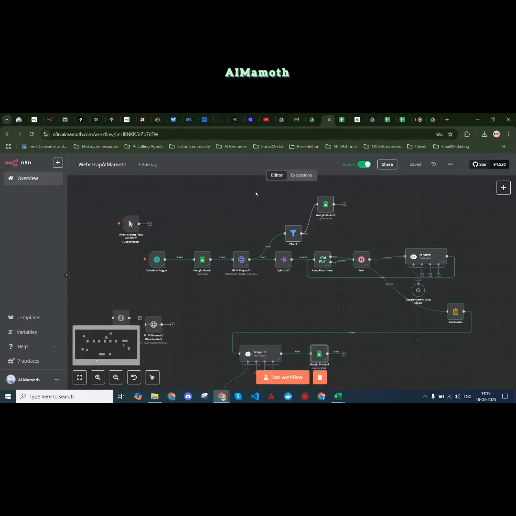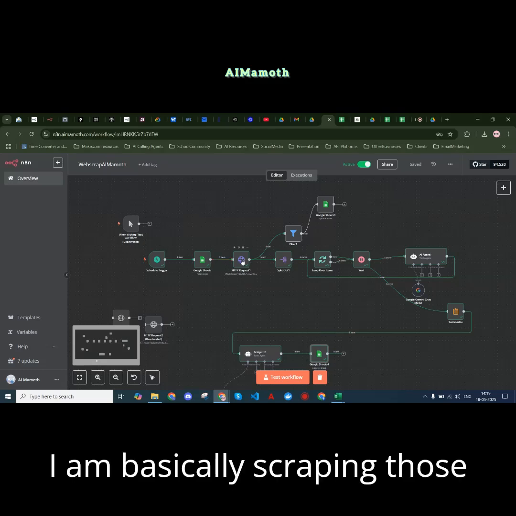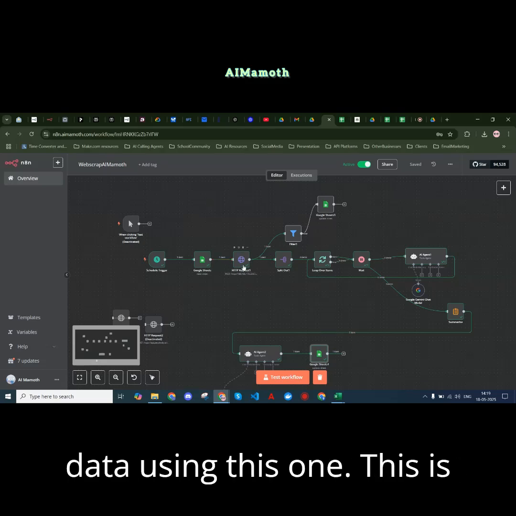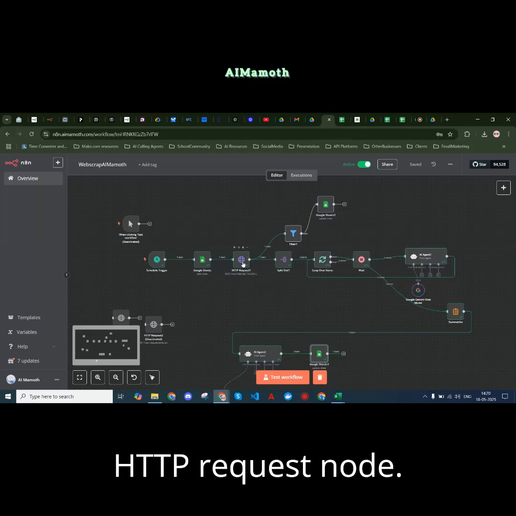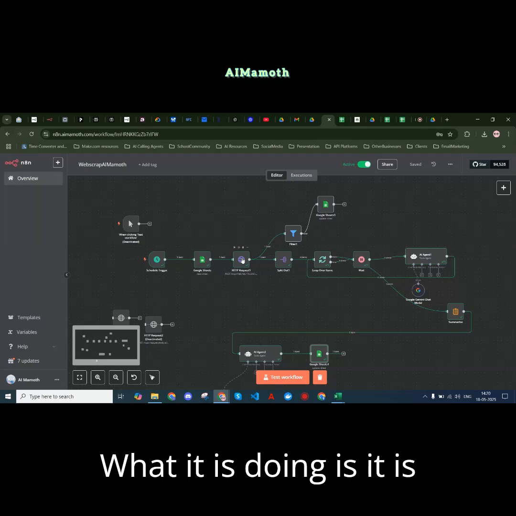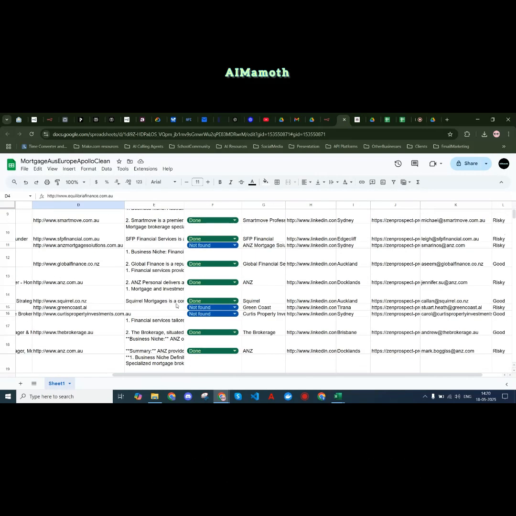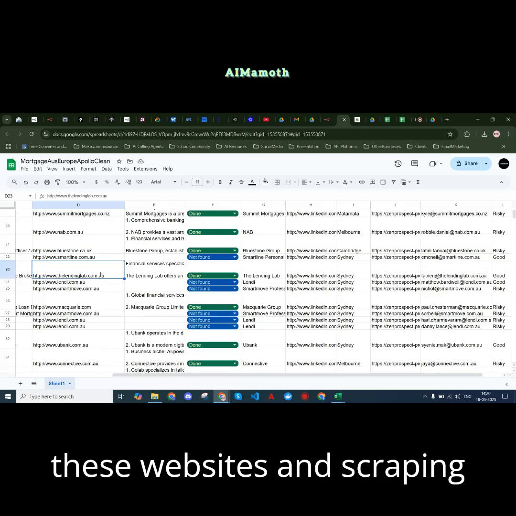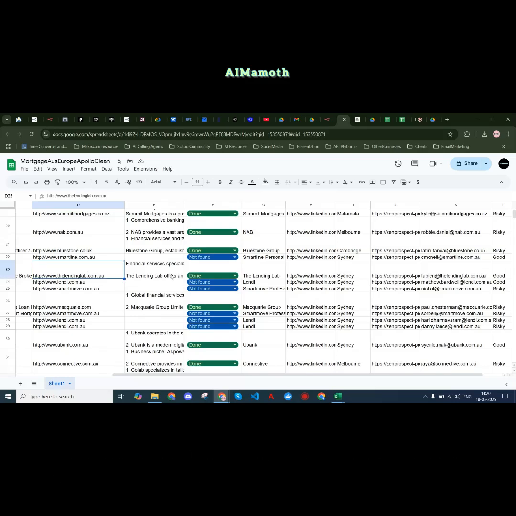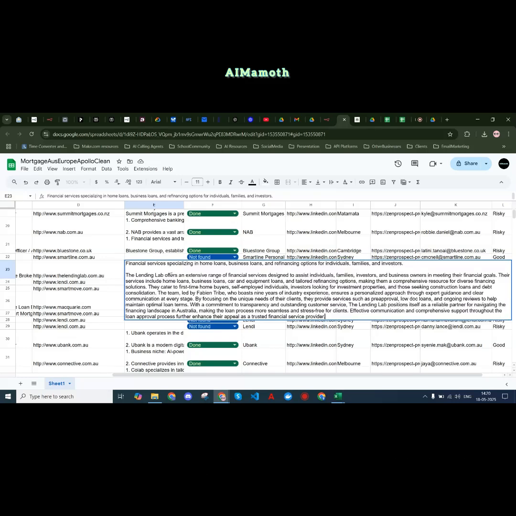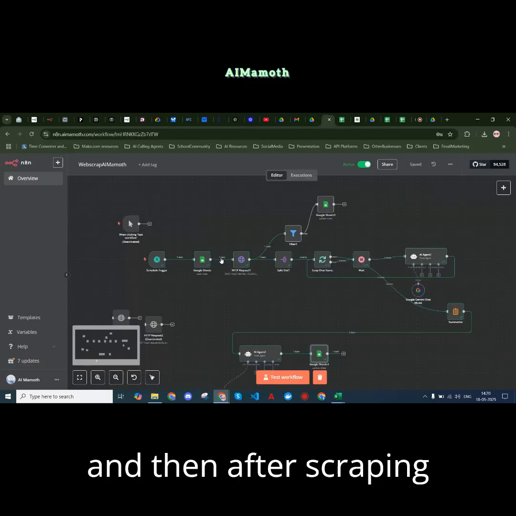And from here I'm basically scraping the data using this HTTP request node. What it is doing is going to each of these websites and scraping a particular number of pages, and then after scraping